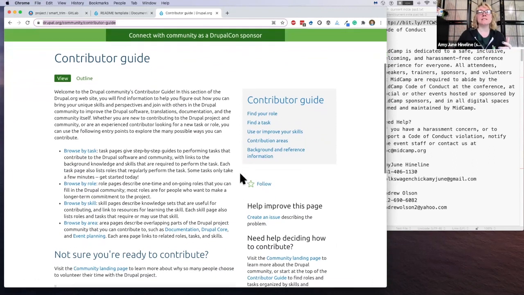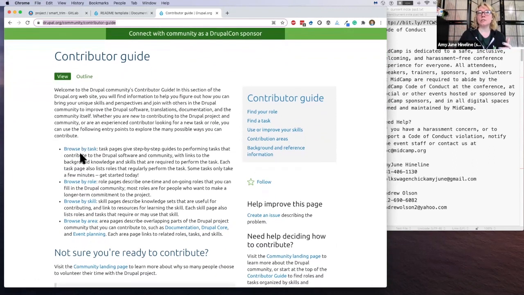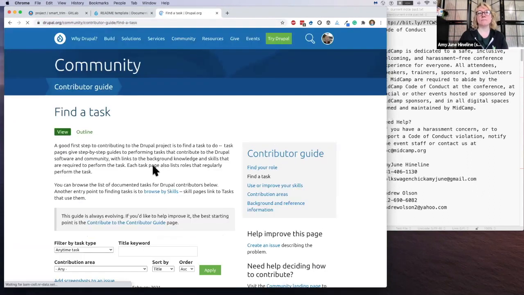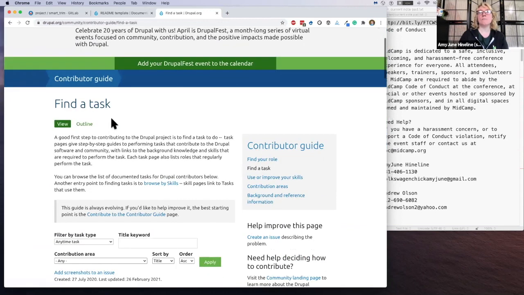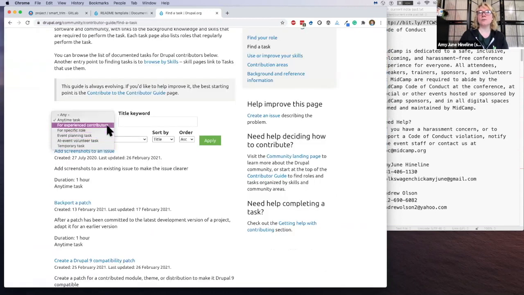It kind of breaks things down by task, we can look at one of these just for an example, find a task. The filters are pretty nice, for experienced, event planning, temporary, some of these still need to be fleshed out because this is a new set of documentation, but